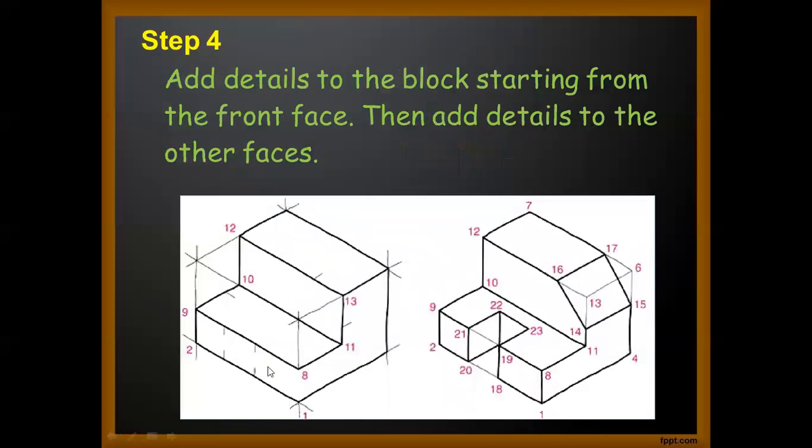Then we can mark different portions in it, such as this slot. For this slot we have to take actually the center of this slot. So first we have to take the center from this point. After taking the center, the width of this slot, then plot the half width on this side, the remaining half width on this side, then join it. After that, the length of this slot is given to you. Then take the length over here or take the reference line or locus over here, then join this. You will get the slot.